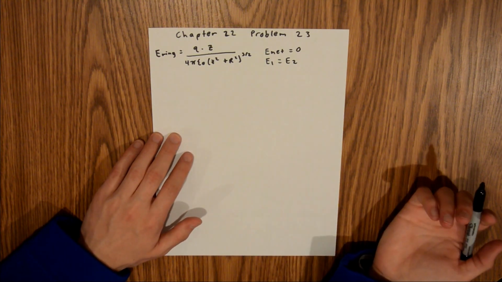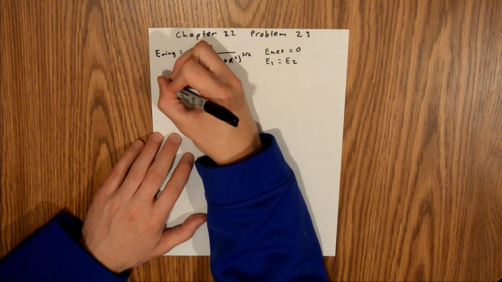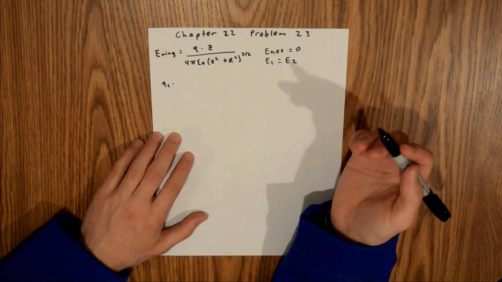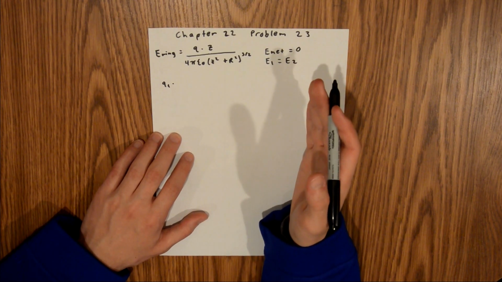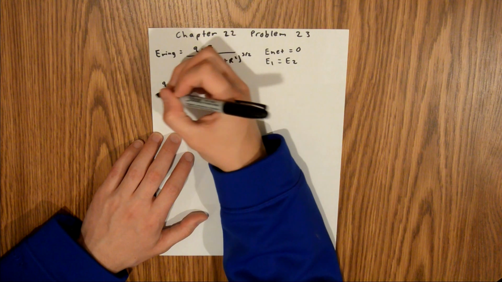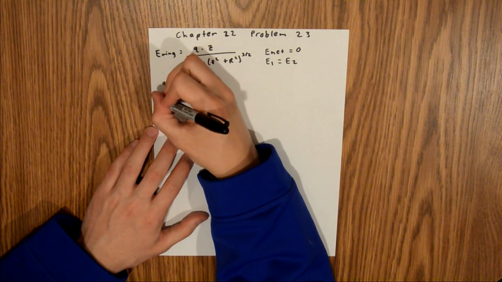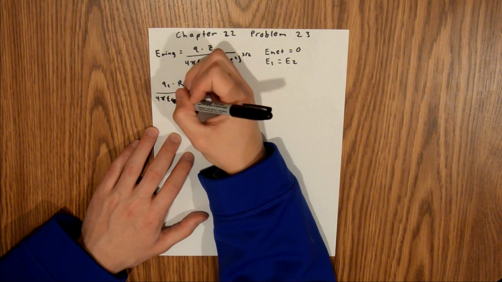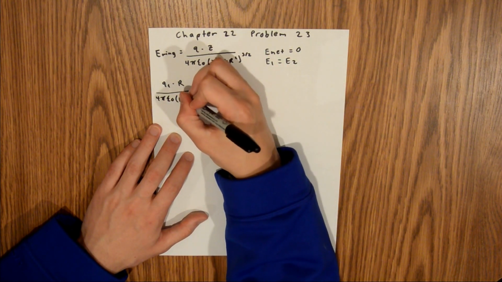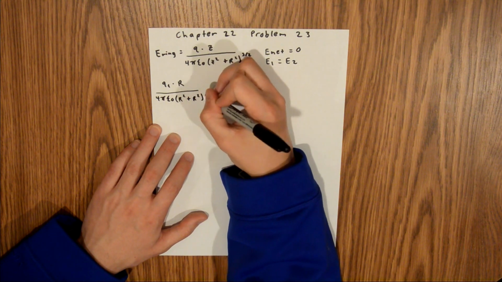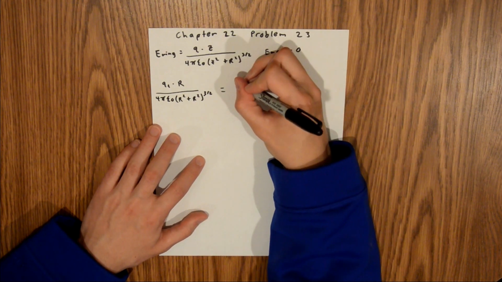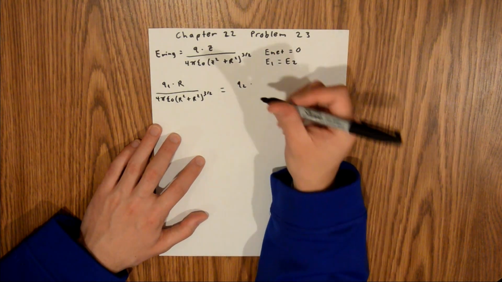And so we can plug in the values that we have, so Q1 times Z1, which is the distance from ring 1 to our point, which if you look in the figure is given as R. So Q1 times R over 4 pi epsilon sub 0 times R squared plus R squared to the 3/2, and that right there is equal to Q2 times Z2,